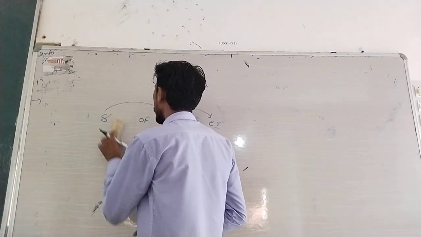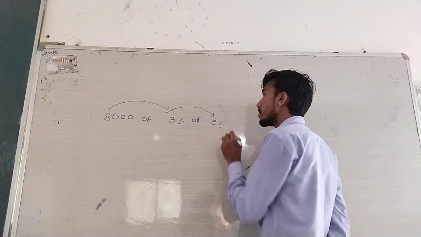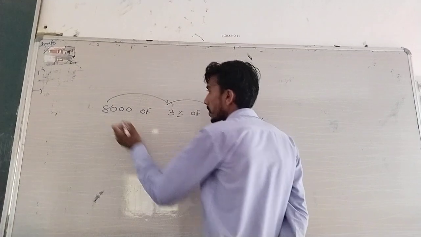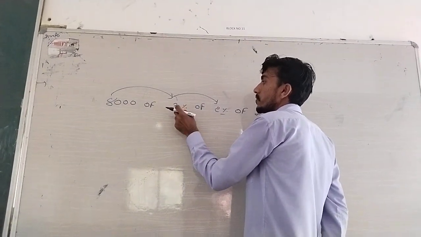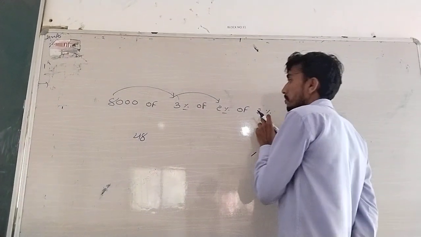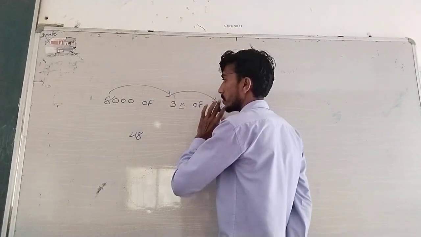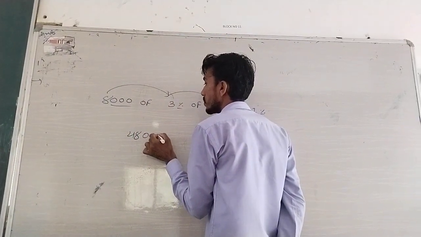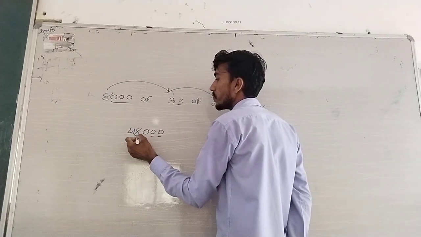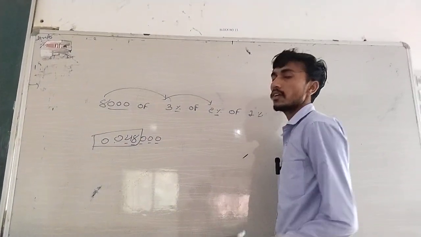Okay, I write any amount. You can see if I write 8,000 of 3% of 2% of 1%. So what is my answer? My answer is the same. 8 3s are 24, 24 2s are 48. And because you can see there are 3 percentages, there are six zeros. So what is my answer? 2, 4 and 6. So I left 1, 2, 3, 4, 5, and 6. So my answer is 0.048. Okay. I think